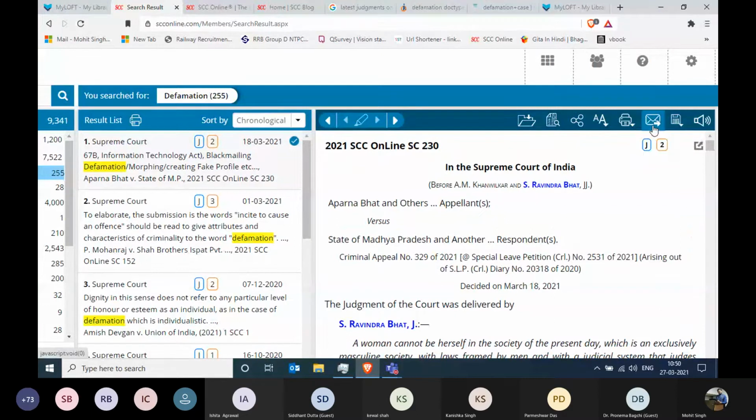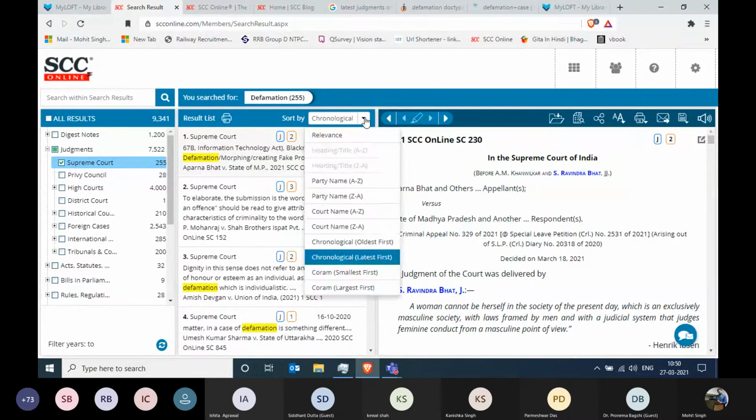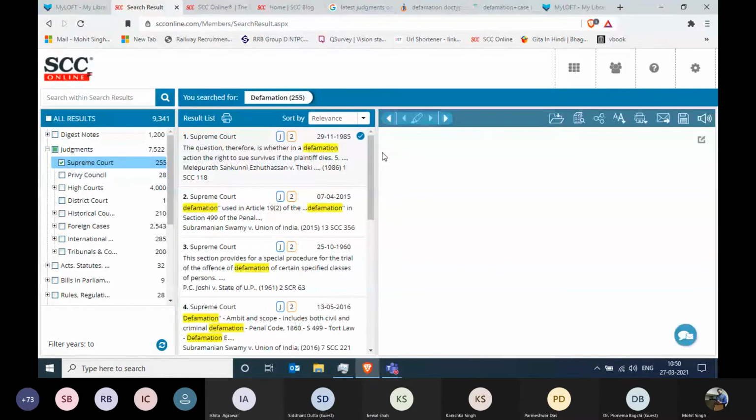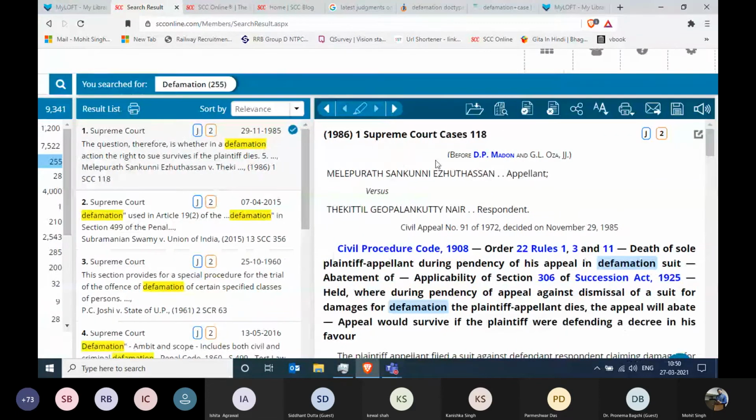Click on the save icon, click on the email icon or click on the print icon. But let's have a look at a particular judgment which also contains the head note. So for that, let us go back in the past. We click on the relevance button again. And I believe it is going to give me an older judgment. Now this citation again is the original citation of our SCC Online journals.